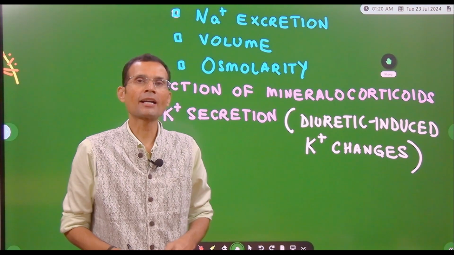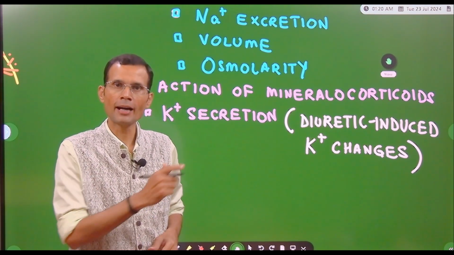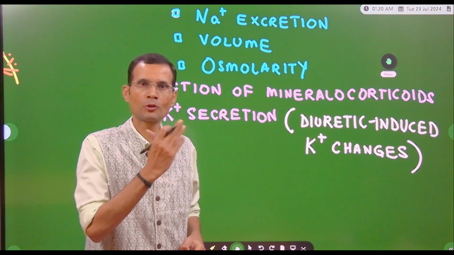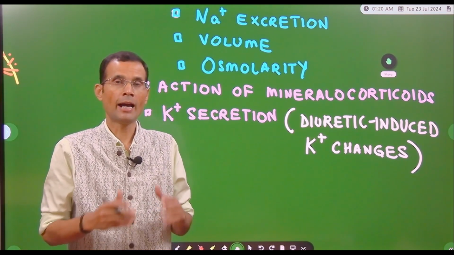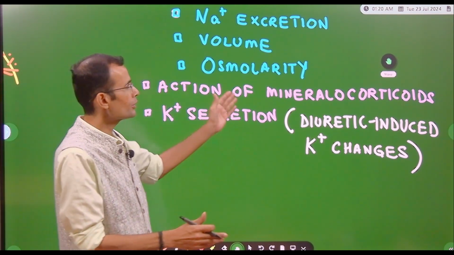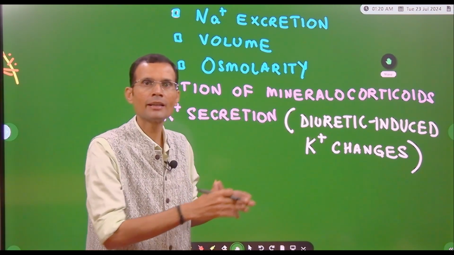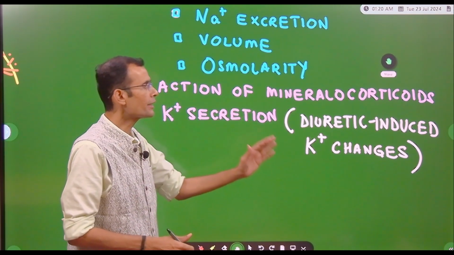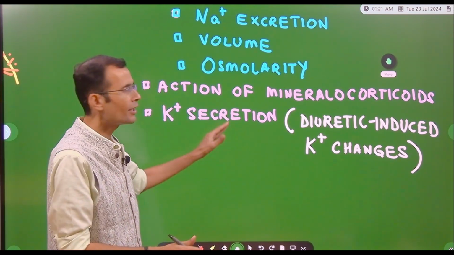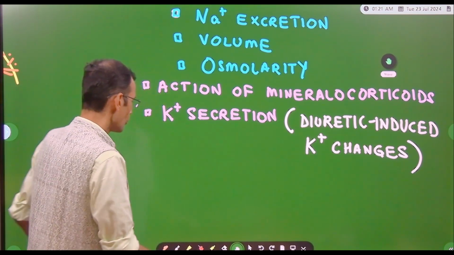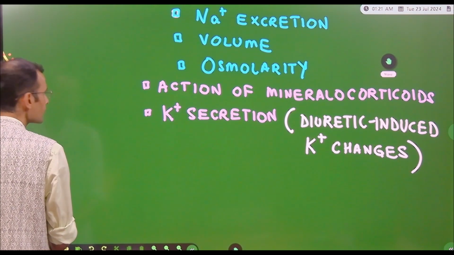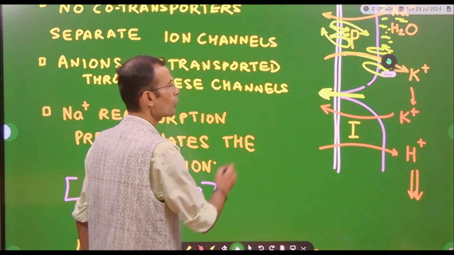Also important is the action of mineralocorticoids. Aldosterone acts at this site, and it causes sodium reabsorption and potassium secretion, and thereby the loss of potassium into the urine happens because of the action of aldosterone in the collecting duct. So diuretic induced potassium changes and loss of potassium are finally decided in the collecting duct. With this background, now let us understand the actual movement of ions and how things unfold here in the collecting